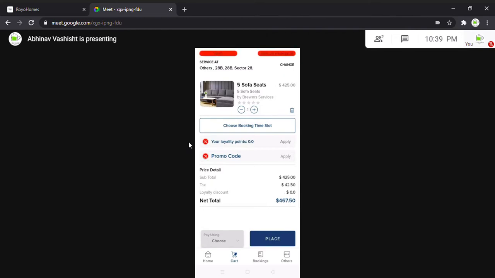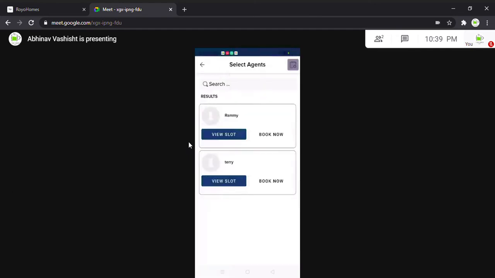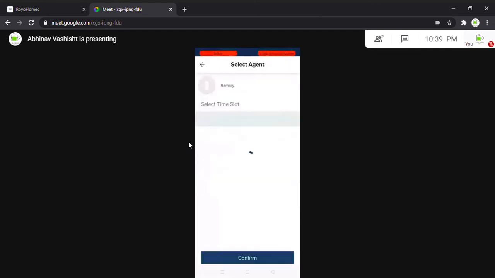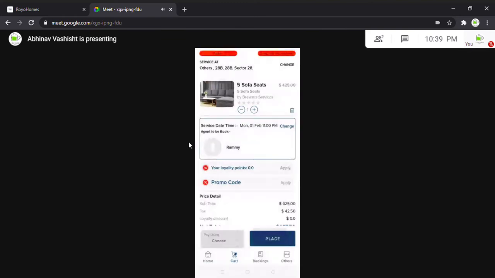Then choose the booking time slot. So most conveniently, the client will be able to click on it, such as this is the service provider Remy. Click on the time they are available. For example, I just go on to click on 11 p.m. Confirm the service. Then below that, as you can see, loyalty points for the recurring orders that the customer is making.